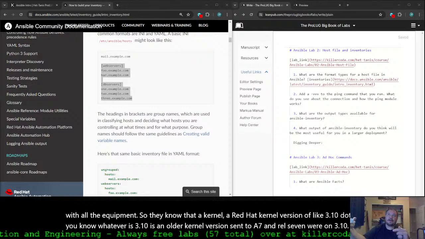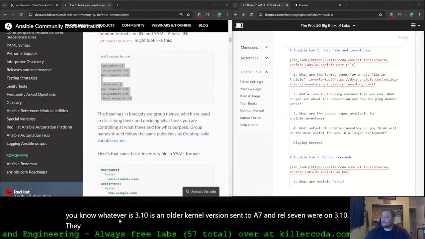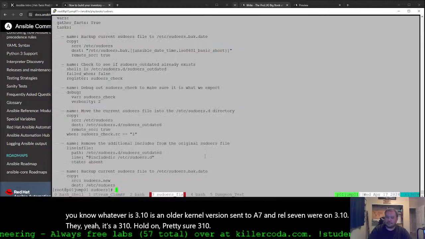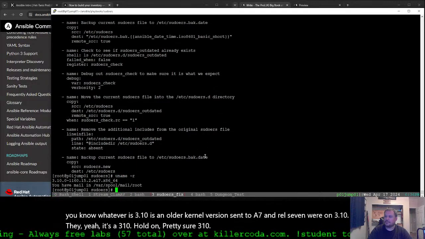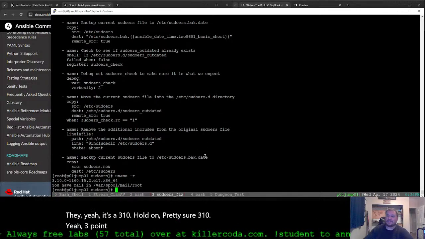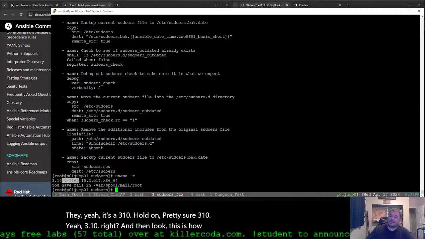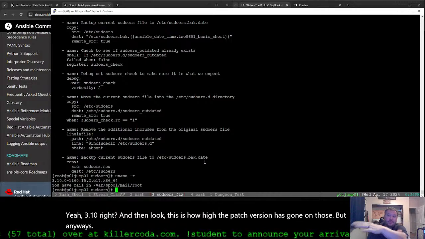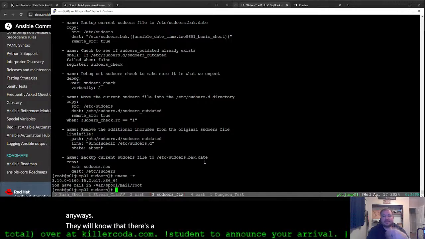Is it 3.10? Hold on. Pretty sure it's 3.10, right? And look, this is how high the patch version has gone on those. But anyways, they will know that there's a vulnerability for that, and then they'll be telling us that kind of stuff.